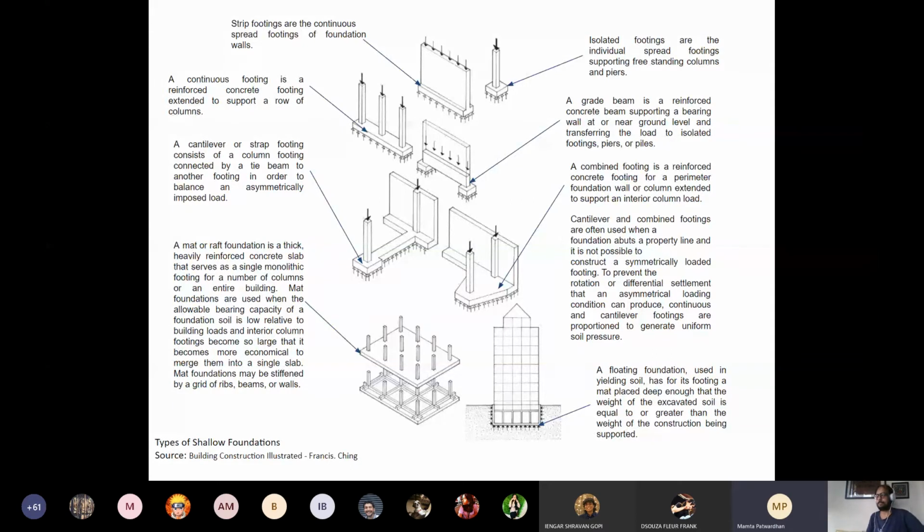Ruheen says, if the soil bearing capacity is so low that you reach water level. These are two different things. Soil bearing capacity can be very low without water, and you can also reach the groundwater table without your soil bearing capacity being very low. So when your soil bearing capacity is very low, you have to go deep down. Then you'll probably choose something like a pile foundation or something similar.